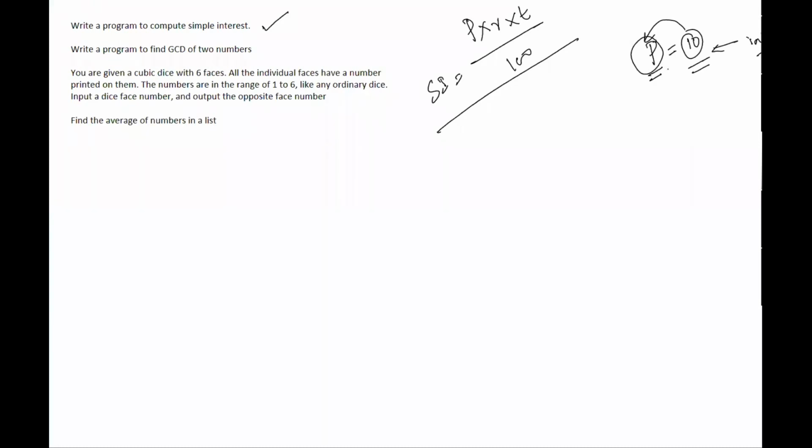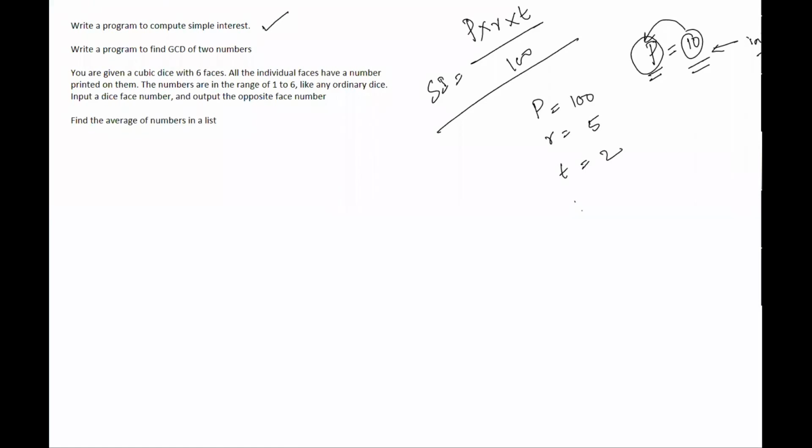That's it. So first, the simplest thing which you could have done to test this program is take hard-coded values. Do not do any fancy things like taking input from the user. Just take hard-coded values. Let's say p equals to 100, rate equals to maybe 5%, or maybe 5, and time equals to 2 years. Okay, and then I need to compute some simple interest. I just need to calculate simple interest and print it. So directly you can do that, or maybe store it in a different variable. Whatever you are comfortable with, do that.